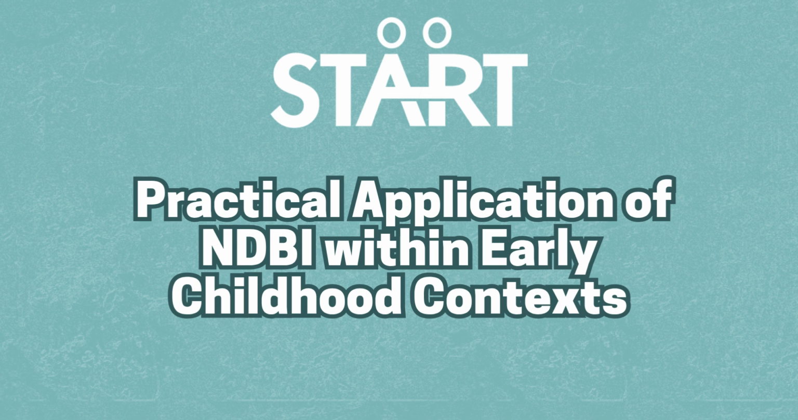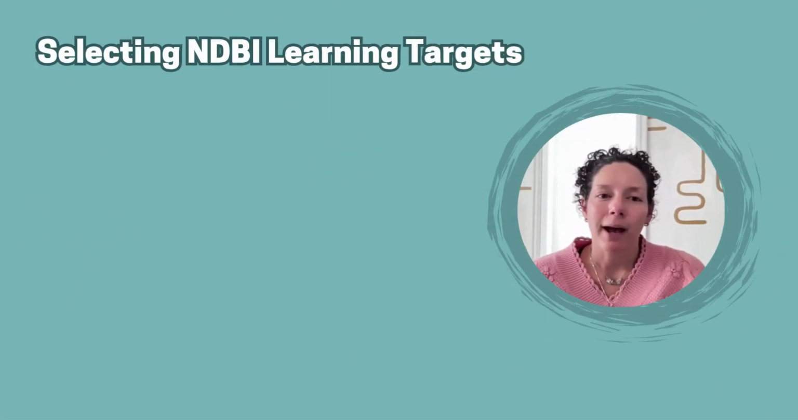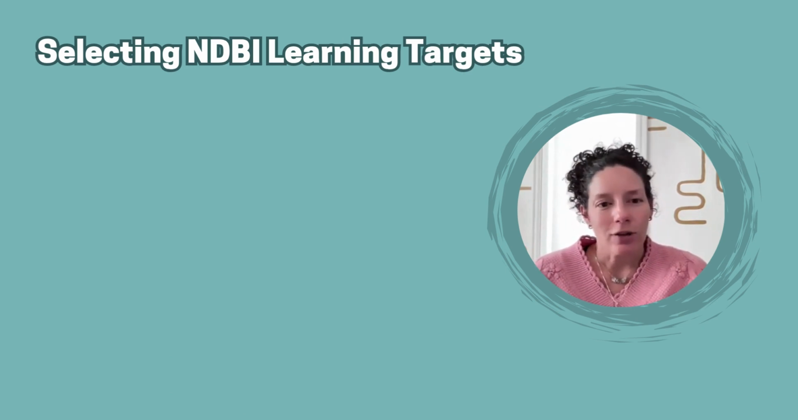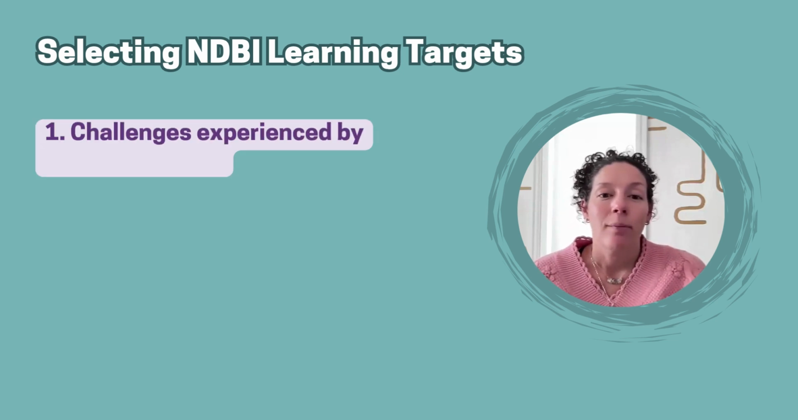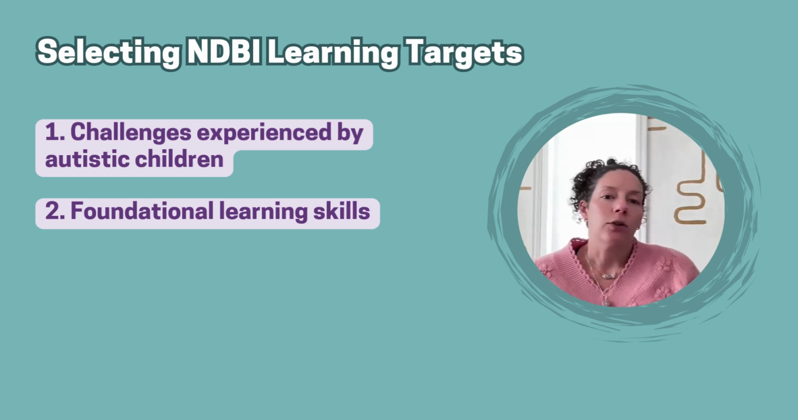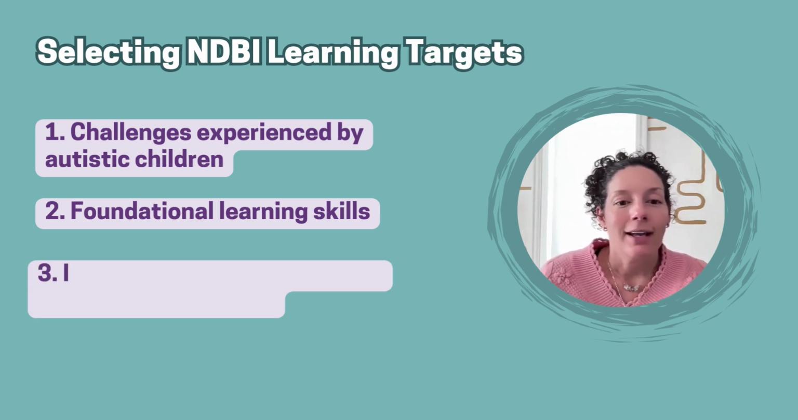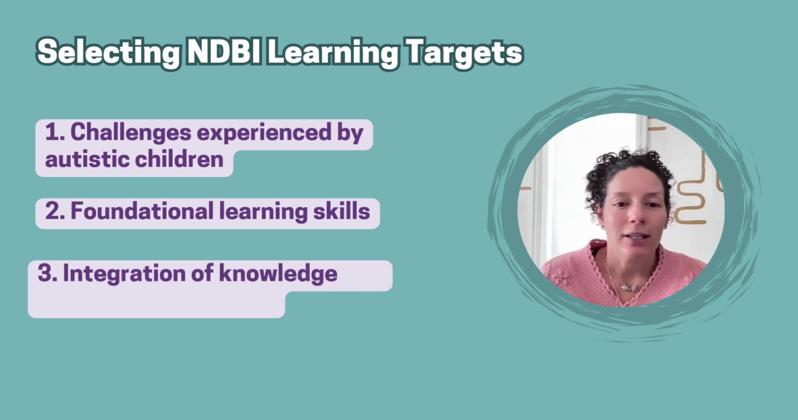Welcome to the next video in our NDBI series focused on practical application of NDBI within early childhood contexts. The selection of NDBI learning targets is informed by developmental science, with a focus on addressing challenges experienced by autistic children and foundational learning skills that have been shown to be precursors of functional outcomes, including social attention, joint attention, imitation, nonverbal communication, play, acts and sequences, language use, and finally, NDBI emphasizes the integration of knowledge and skills across